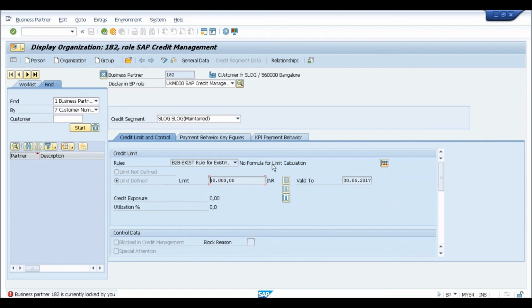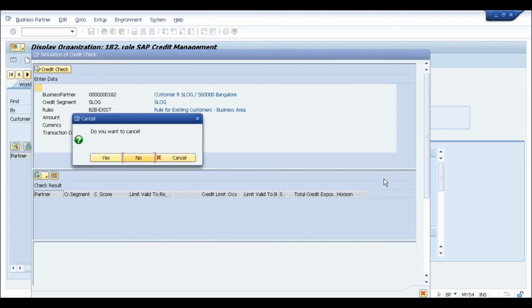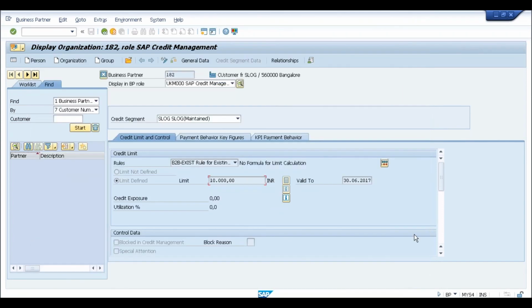Gaurav, sorry, can you please go to the simulate function again? Yes. Okay, let me take this by entering these parameters also. Let me go to this change mode.